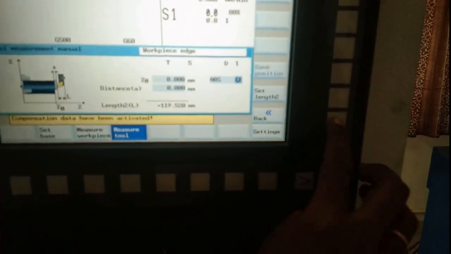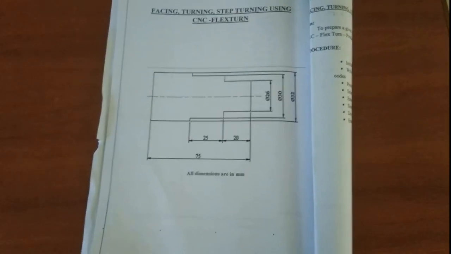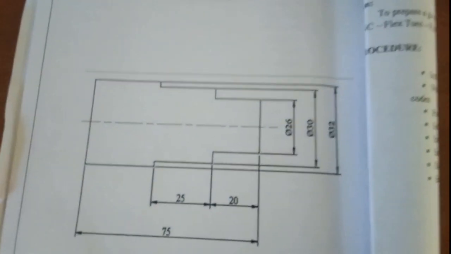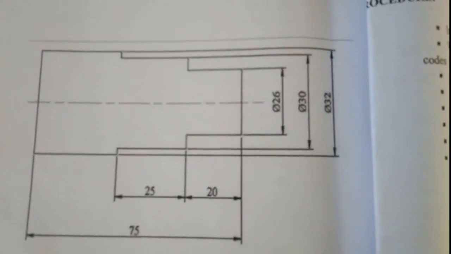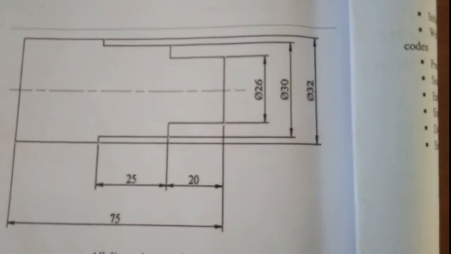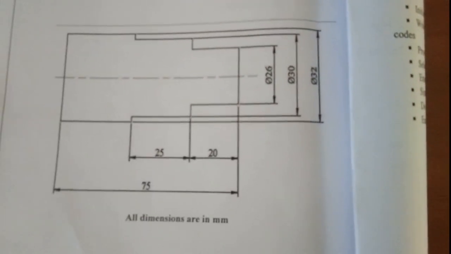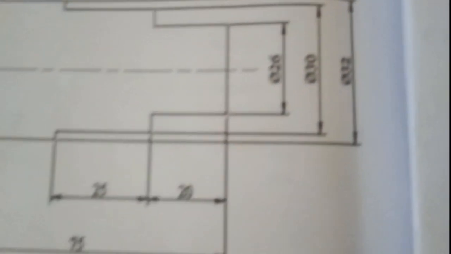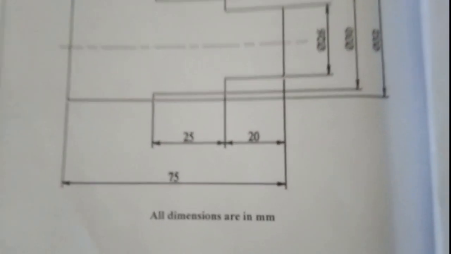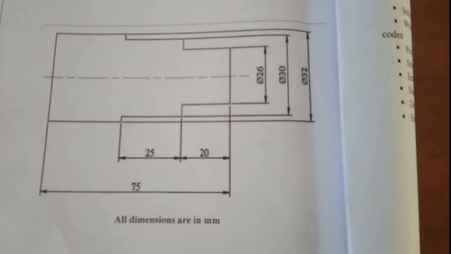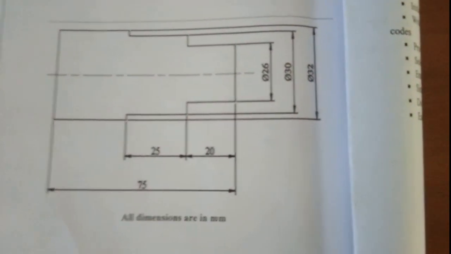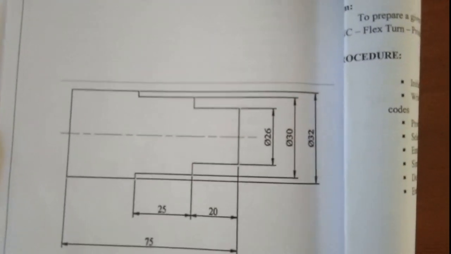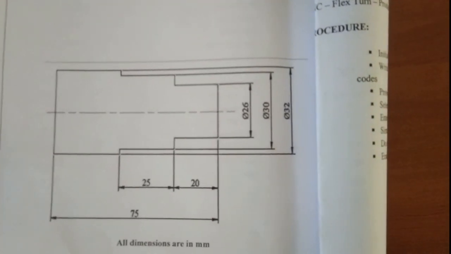Okay. Now he completes the tool offset and the work offset with these kinds of operations, using the drawing I showed in the previous slide. The total length of the billet is 75 and the diameter is 32, because all dimensions are in mm. 32 is the billet diameter, so the operator gives the tool positions with the 32 in the